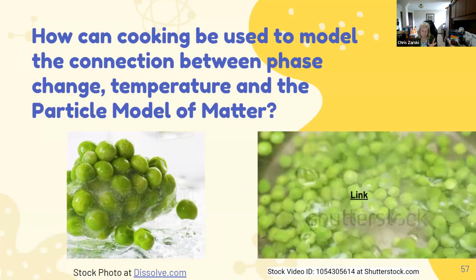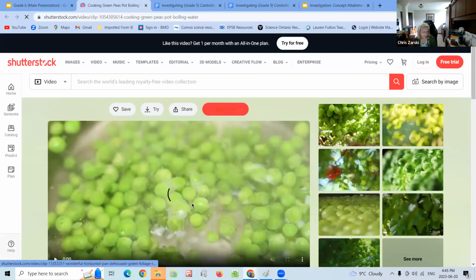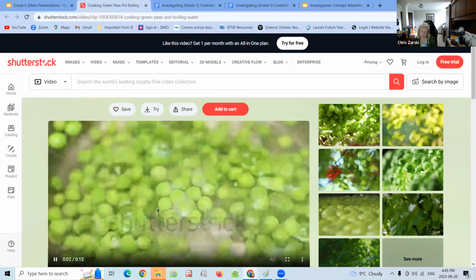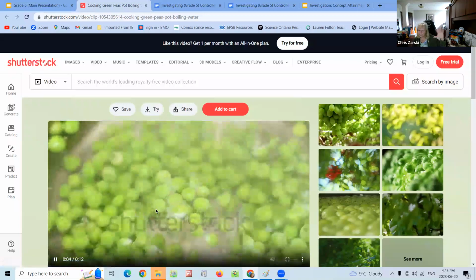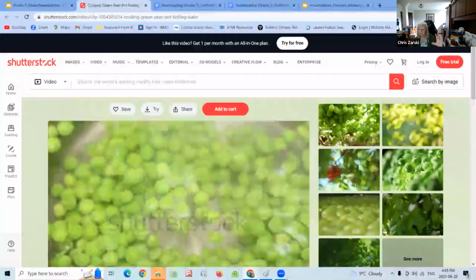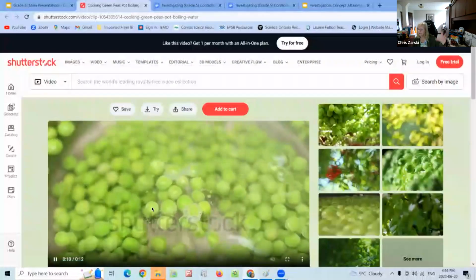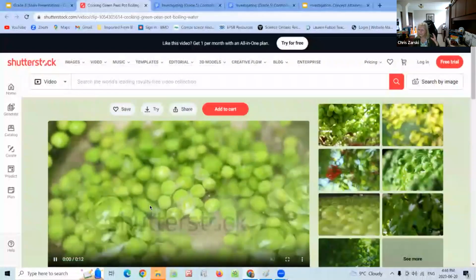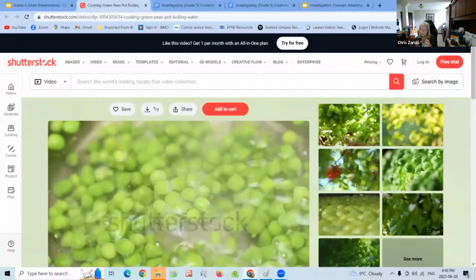But the purpose of really grabbing this was for kids to see, as those peas thaw, the ice melts away, I start to see the peas actually reacting like the particles of matter in the water would. It's the water that's moving them, the particles inside, but it was more the visual that I'm looking for here. I'll have to find a better way of getting that visual up here, but just so that you can see it, right? And even if they did this in a science lab and you had a beaker on the side and put some frozen ones in there, they can see them moving around within that over the heat as it's boiling.